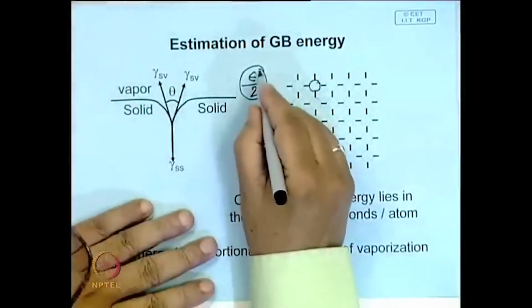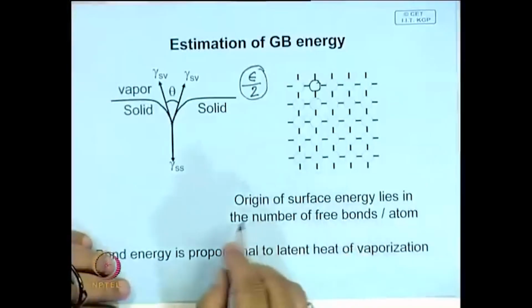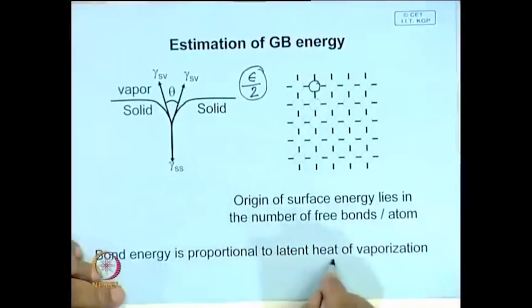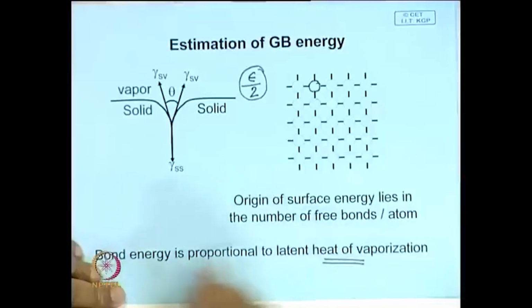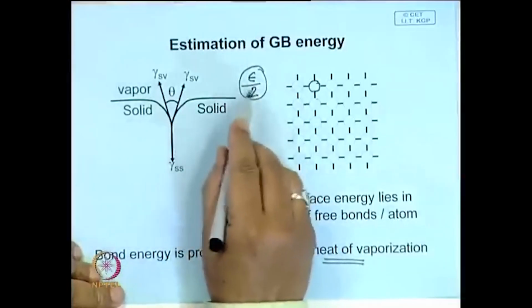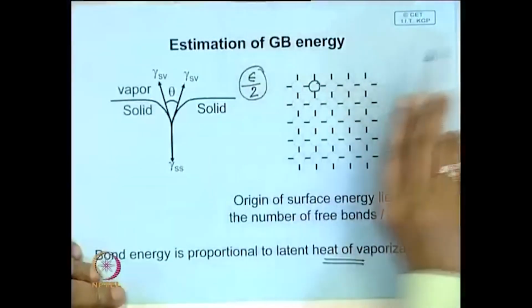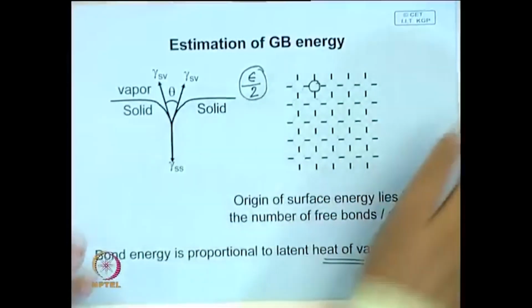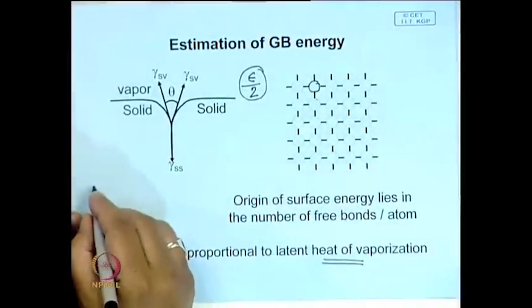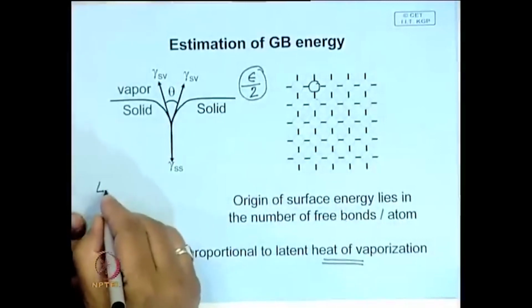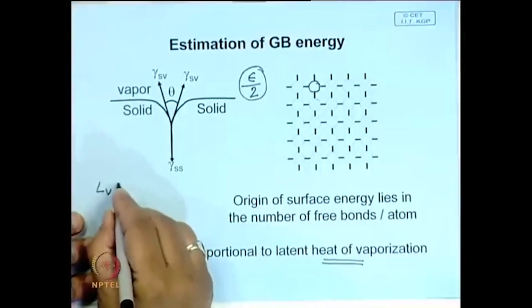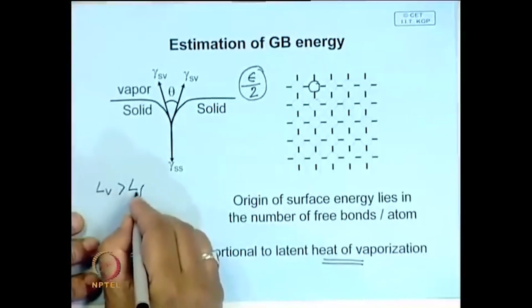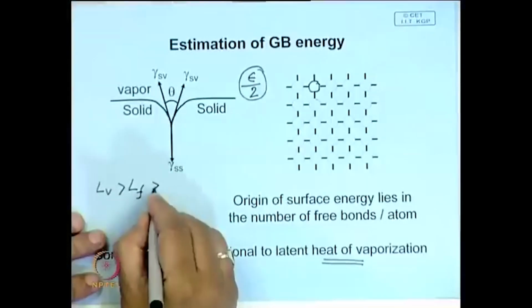So, this epsilon it is possible to calculate from the latent heat of vaporization, and this is how the grain boundary energies have been calculated. It is found that always this latent heat of vaporization is greater than latent heat of fusion, and it is much greater than